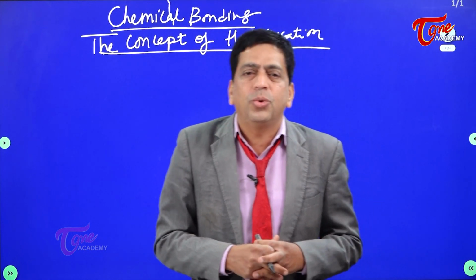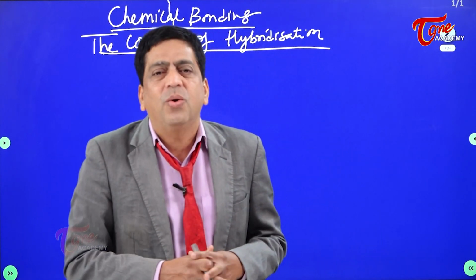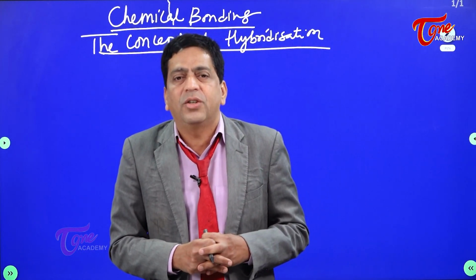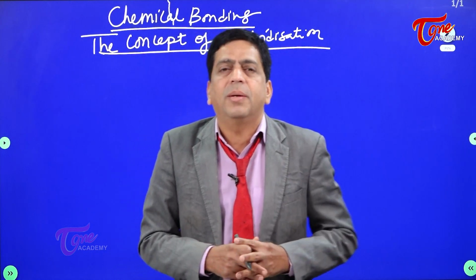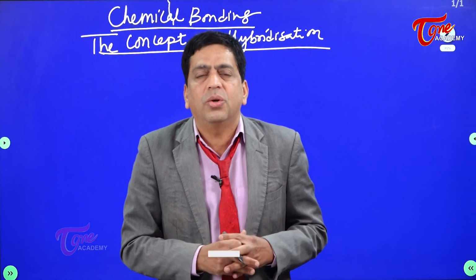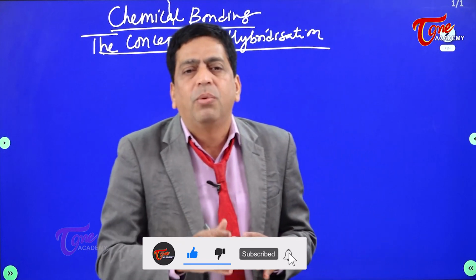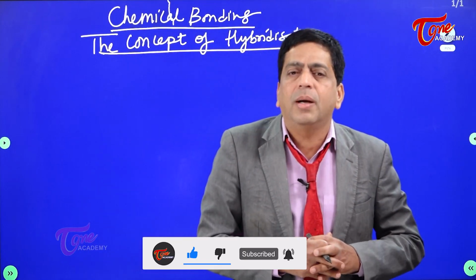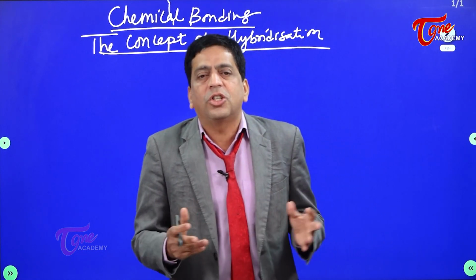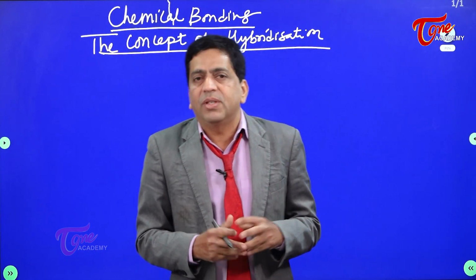So these are the issues which we have tackled by proposing the concept of what? Overlapping. Well, that is the main concept we have introduced in the valence bond theory proposed by Linus Pauling. When we introduce the concept of overlapping, it is introduced only for a single purpose, to tell people where the strength of the covalent bond comes from. So the concept of overlapping will explain to you where the strength of the covalent bond comes from. That is the only purpose. And remember, it was explained beautifully.